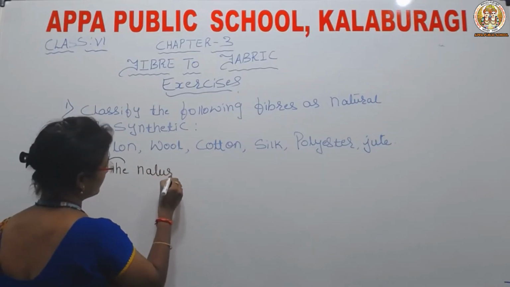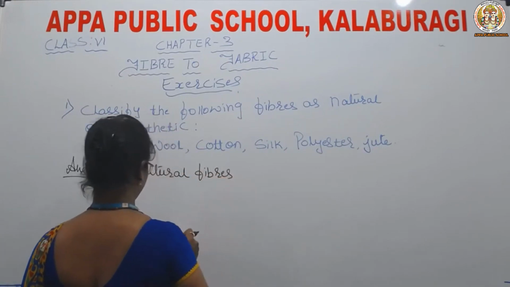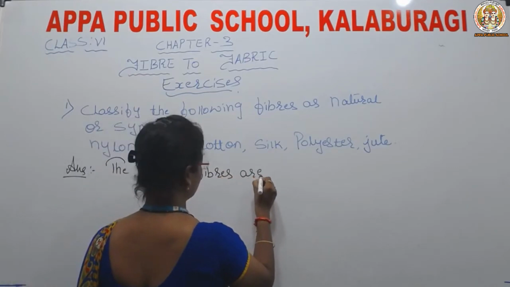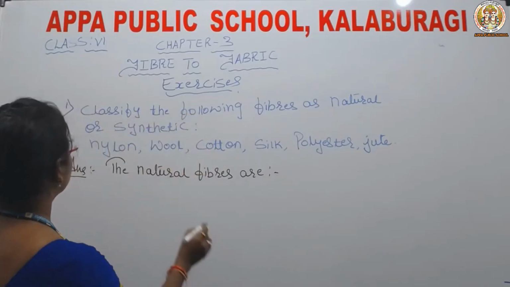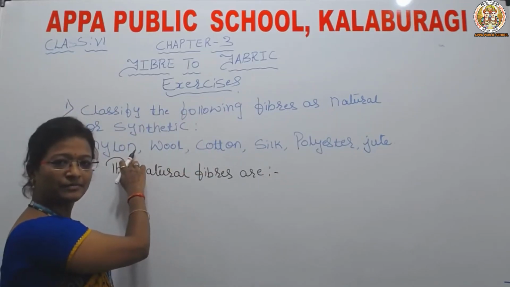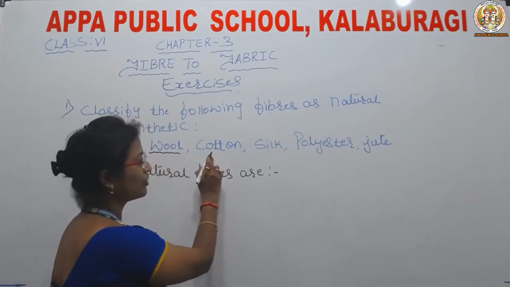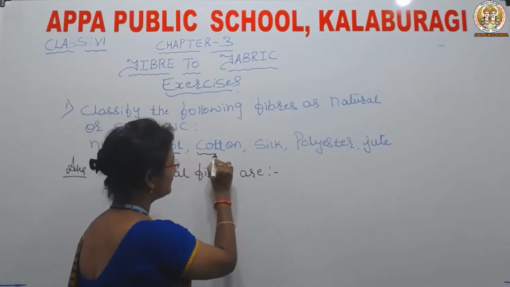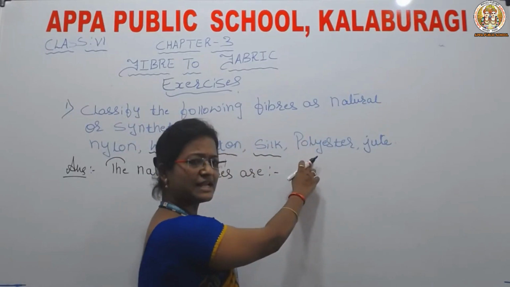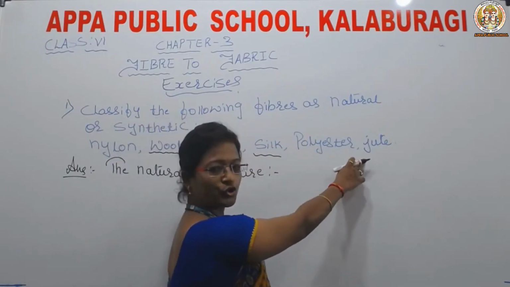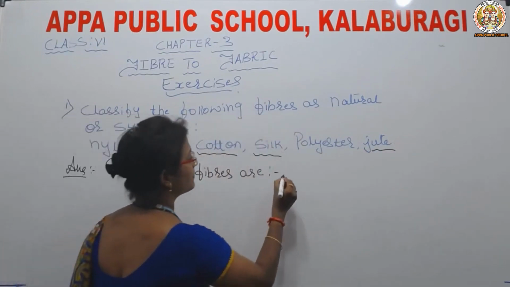The natural fibers are, so here which are the natural fibers? Is nylon a natural fiber? No. Wool? Yes. Cotton? Yes. Silk? Yes. Is polyester natural? No. Jute? Yes. So here the natural fibers are